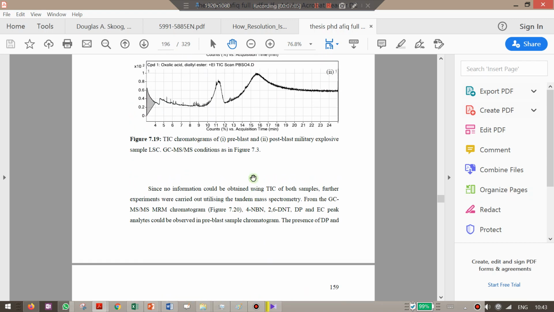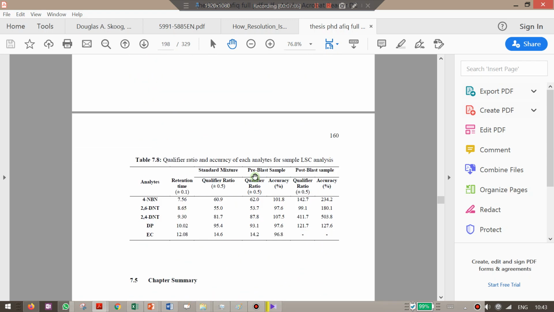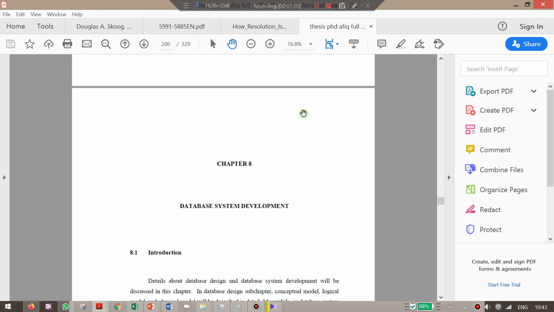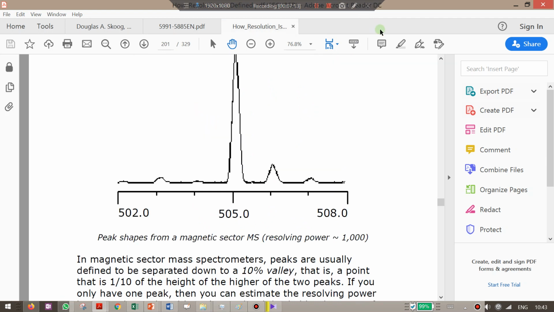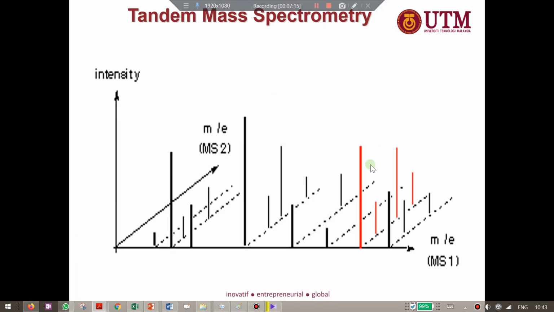I'm not sure what the problem is. I think I have a problem with my PDF thesis. Okay, but that's the example from my thesis. Alright,